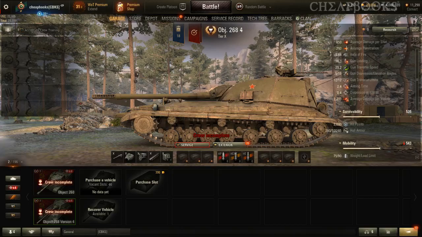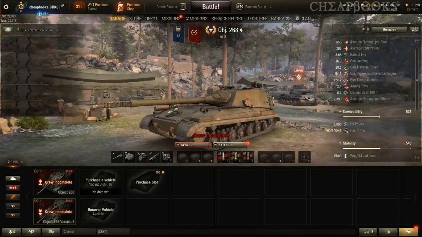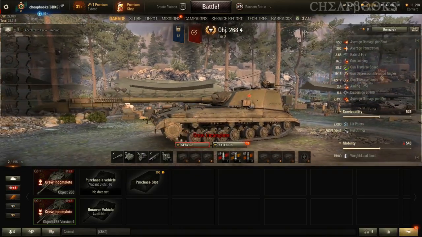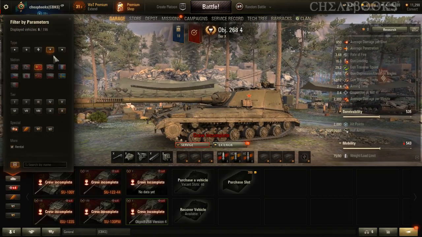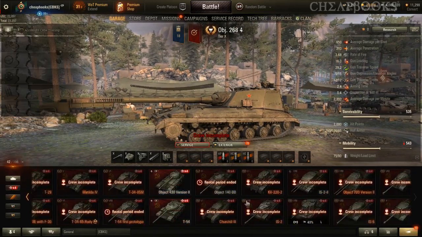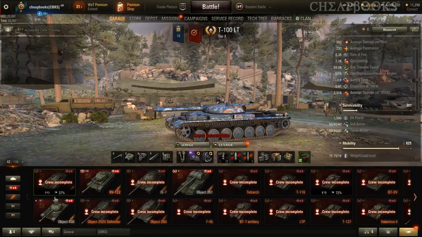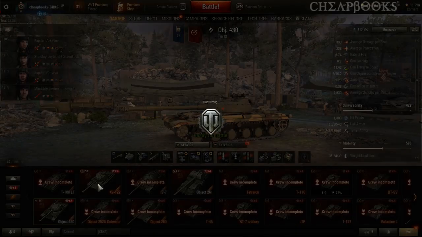This is the Object 268 version 4. I just purchased it today, and I've never played it before, and I'm going to show you how I equip it. The first thing that I'm going to do is go to the Russian tech tree, go through every single vehicle, and make sure that the entire crew is in the garage. So we're going to put him in the garage,